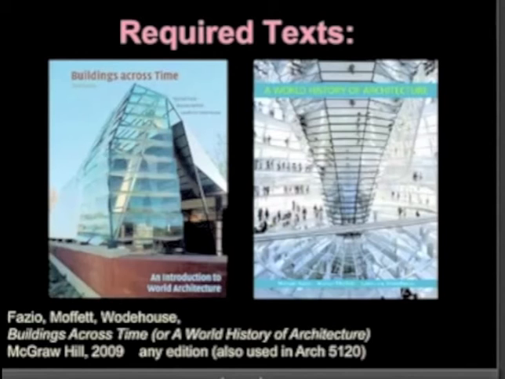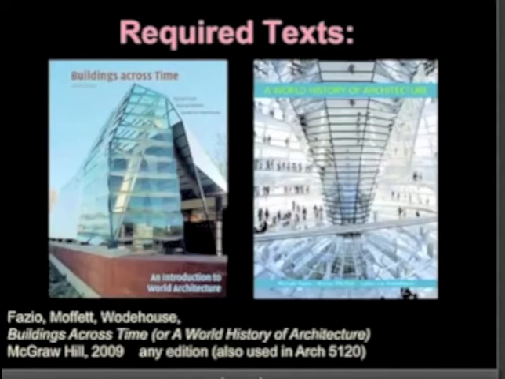Any of those would be fine. The reason we've selected this textbook instead of some others that maybe are a little bit more nuanced in their reading of history is that this one has a few chapters on non-Western architecture, and we're going to try to give you some instruction on non-Western architecture as well as Western architecture, because the world is increasingly flat and you're going to be dealing with cultures other than European culture and American culture in your careers, so why not become conversant with them now?